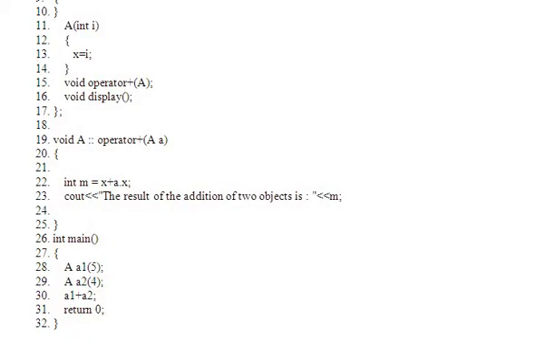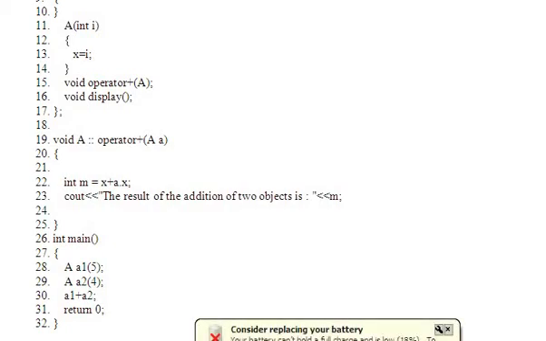Automatically the control will be transferred to line number 19 where the operator plus is defined. So A1 plus A2, that is A1 dot x plus A2 dot x. Line number 22, the meaning is something is equal to A1 dot x plus A2 dot x. So what is the most important and most confusing factor in C++ is this only.